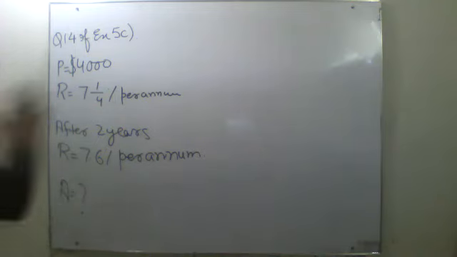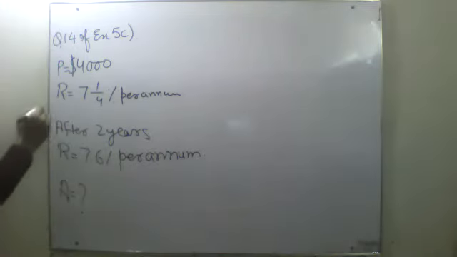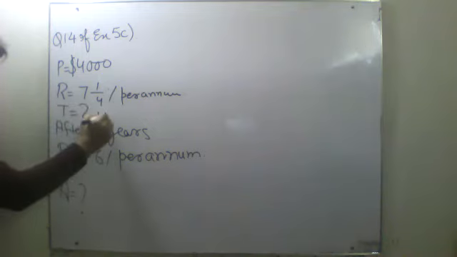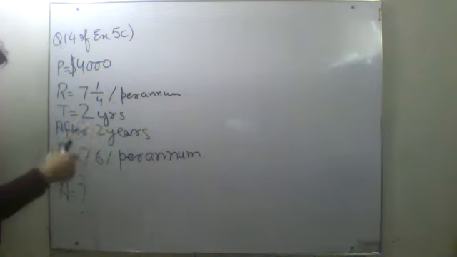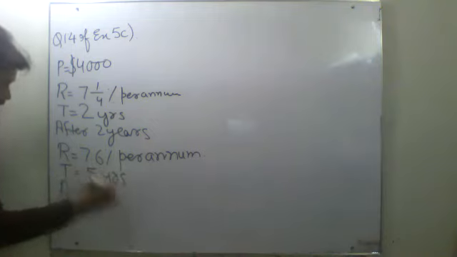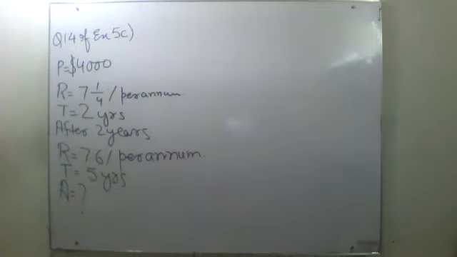Now what has happened? The total time given is 7 years. But the thing is that 2 years have passed over here. This was for 2 years because after 2 years it was increased, and for the rest of the 5 years we were having this thing. Okay, and I have to find amount. What will be the amount after these 7 years? So first of all, I am going to solve this one. I am going to find interest, and then I am going to find interest from this one. Okay.